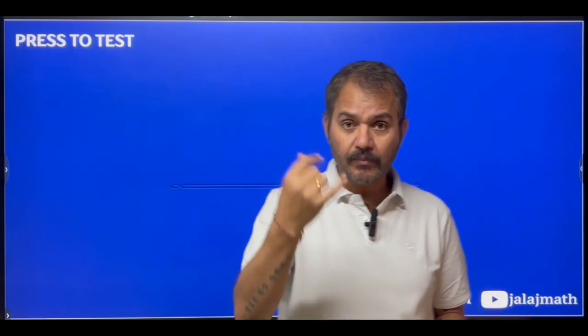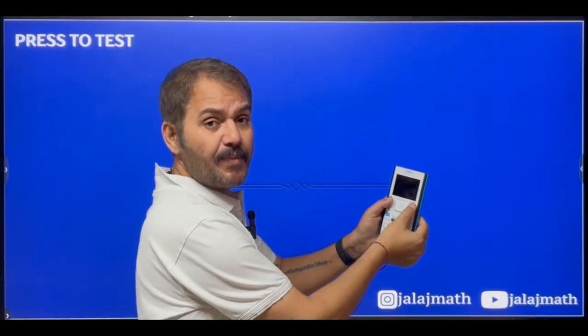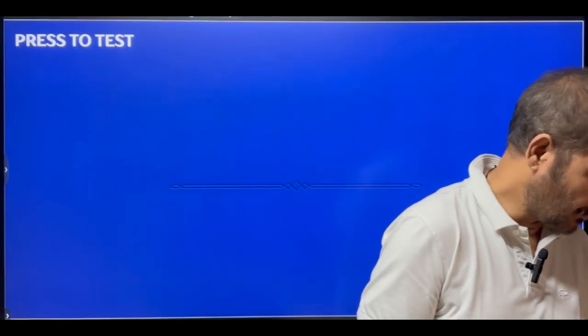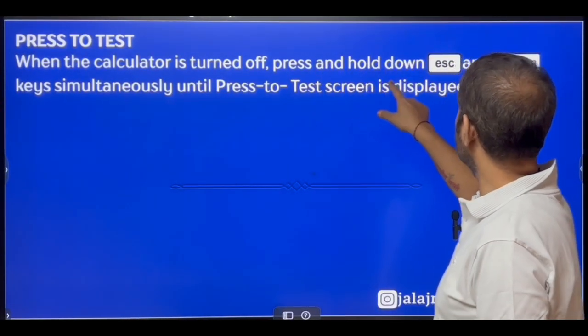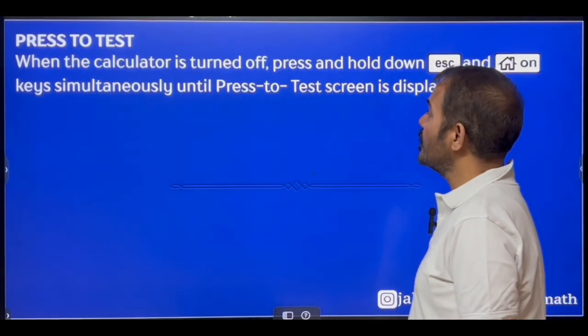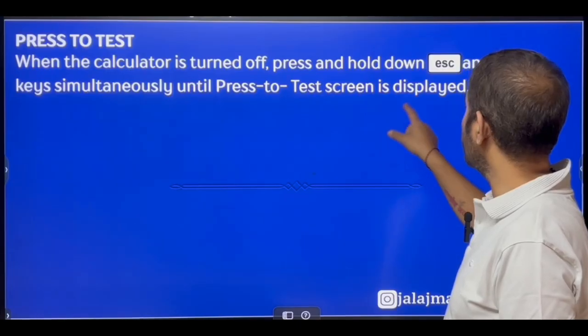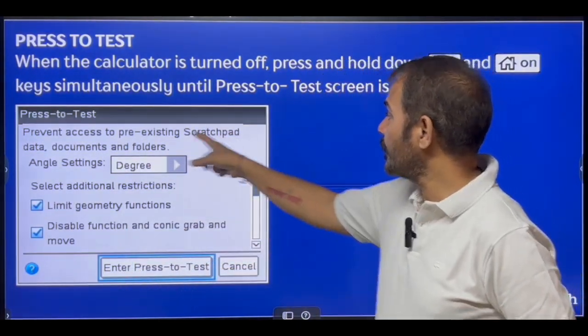So to activate press to test mode in your graphing calculator, number one, turn your calculator off. When your calculator is turned off, keeping it off, press escape and on button or home button. Press and hold down escape and home keys simultaneously until the press to test screen is displayed. So when you keep pressing it, this screen will be displayed,